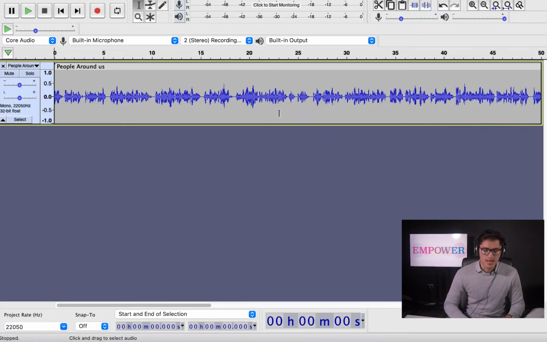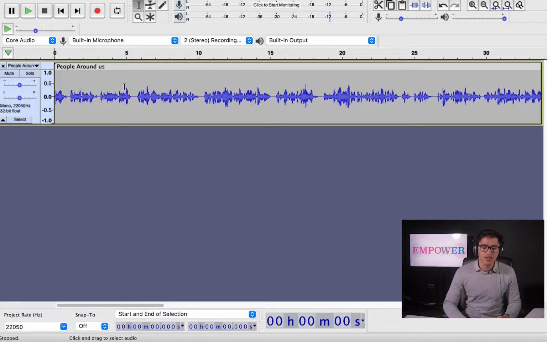Because with this configuration, with this setup, you can see the breaks. So you can identify the end of each paragraph or each sentence, so it's easy for you to make the break here, to split. First of all, we need to hear the recording to know in which point we should split the audio, or we should cut the audio.